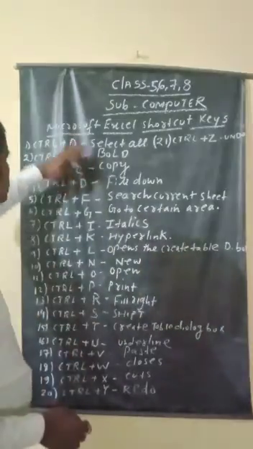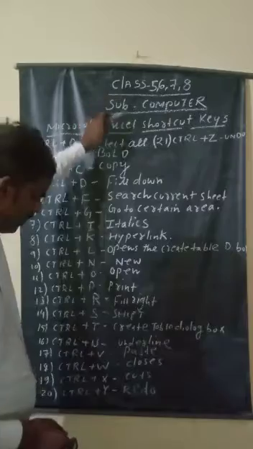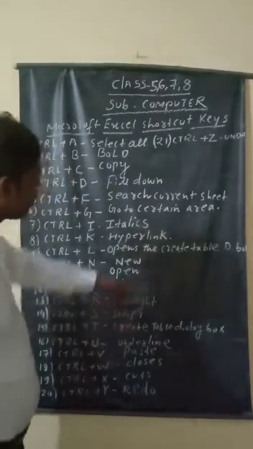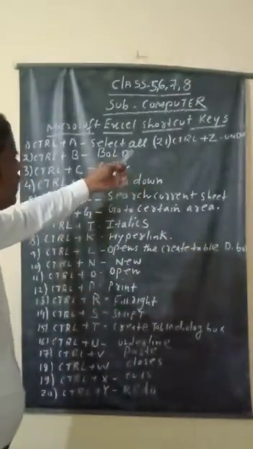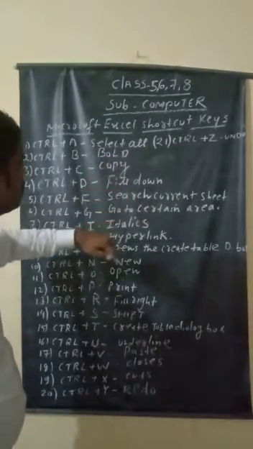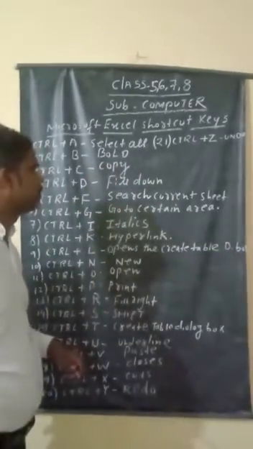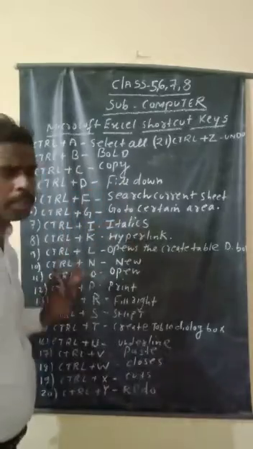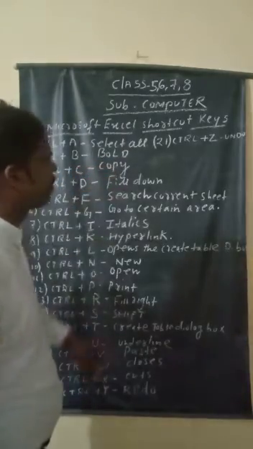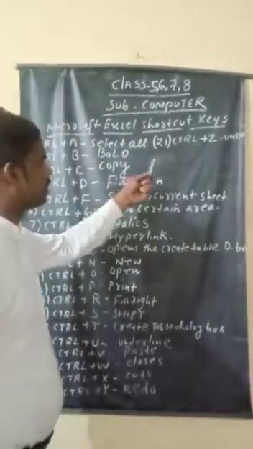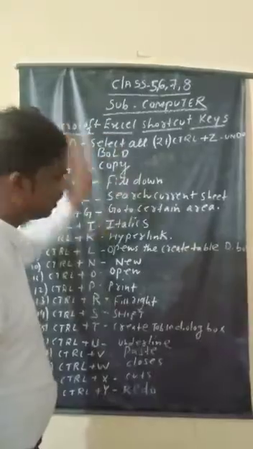If you press Control plus A, you see from class 5, 6, 7, 8 to here, all the program is selected, and a bluish color comes. After selecting you can change it, you can modify it, you can edit any program here. If there is a mistake, you want to delete it, you can delete it also. There is lots of work you can do by pressing Control plus A. Its main use is to select all the programs.